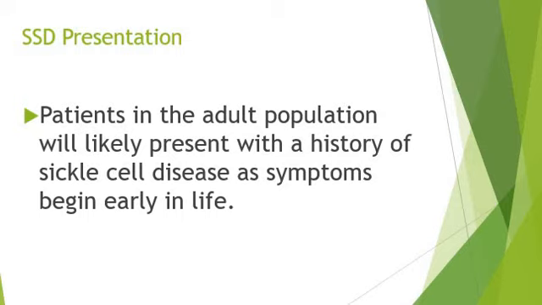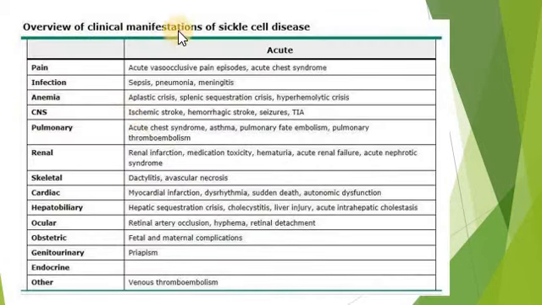There may be destruction of the bone and the joints. It is a very, very complicated problem. There may be a higher risk of morbidity and mortality due to compromised spleen function. If this disease is present, the complications are many. There will be pain, there will be infection, there will be anemia, CNS effects, there may be